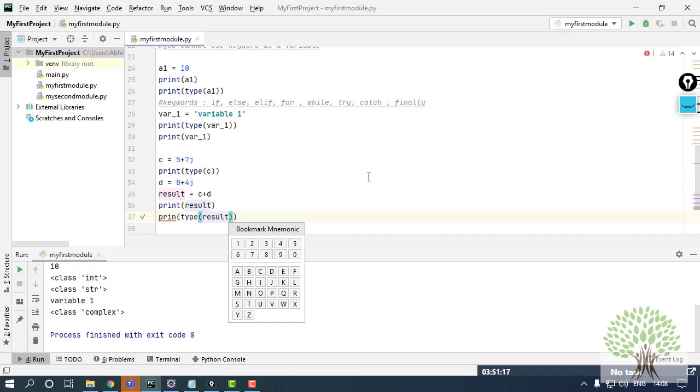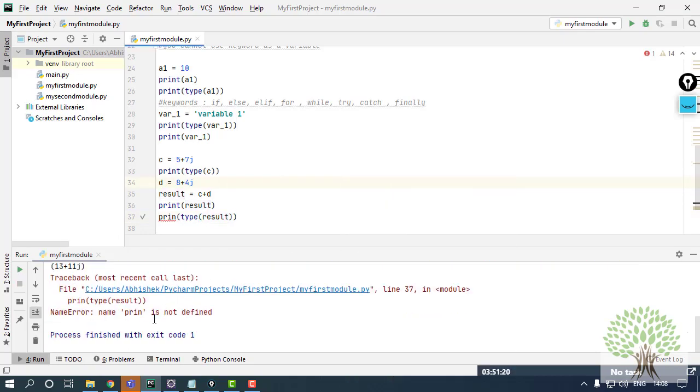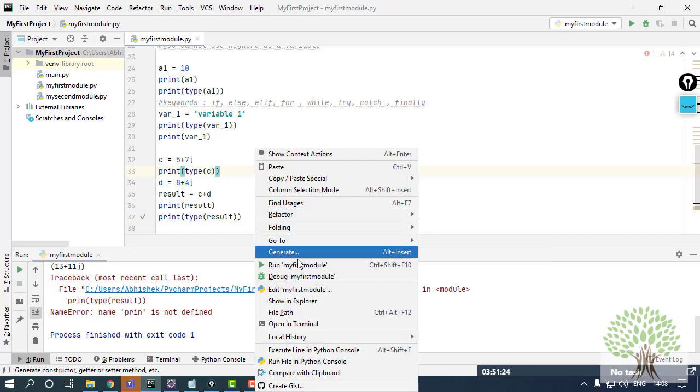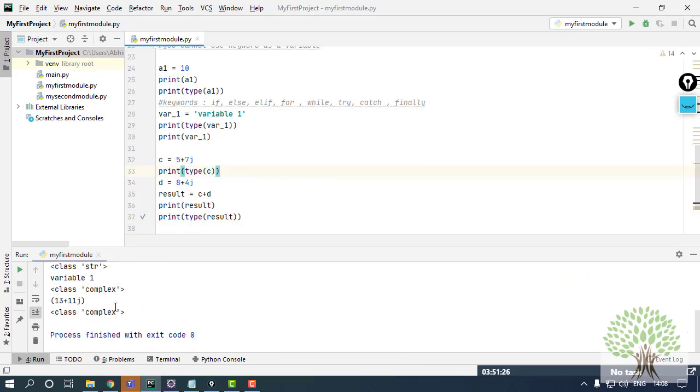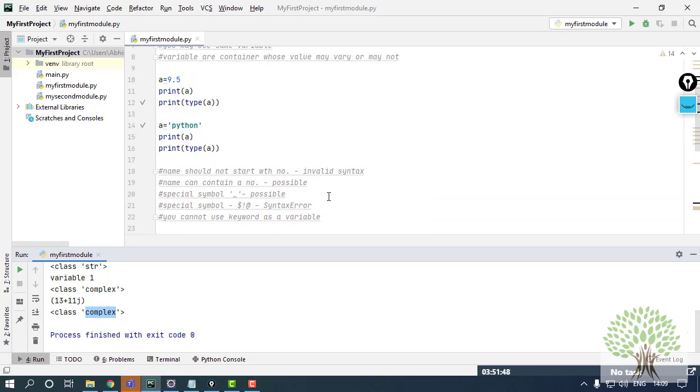So I'll save it and I'll run it. Okay, I forgot to mention t. Run. So over here you can see that I am getting the output as 5 plus 8 is 13 and 7 plus 4 is 11. So this kind of operations you can perform using Python, and the resultant data type of the variable is again complex.